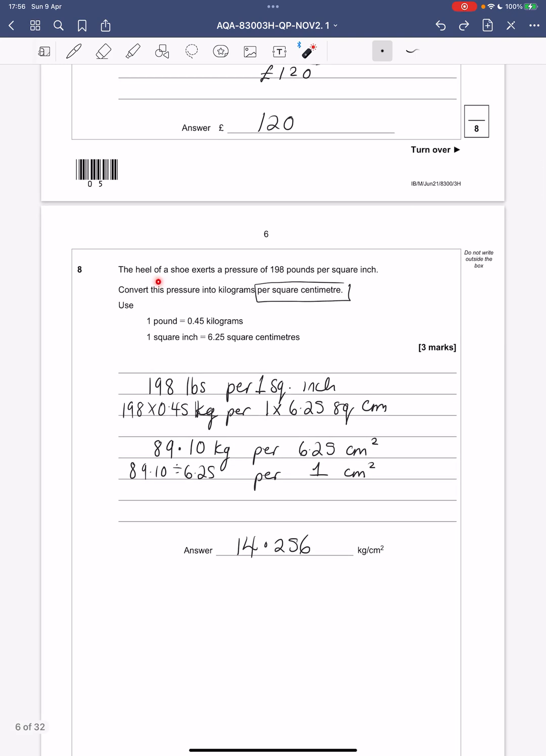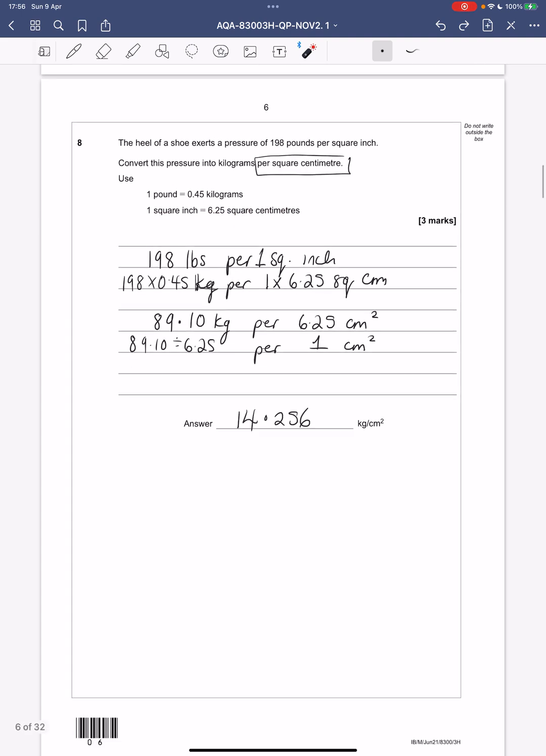Number 8. The heel of a shoe exerts a pressure of 198 pounds per square inch. Convert this pressure into kilograms per square centimetre. 1 pound is 0.45 kilos. 1 square inch is 6.25 square centimetres. So we've got